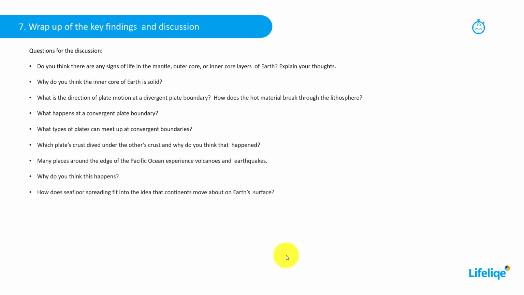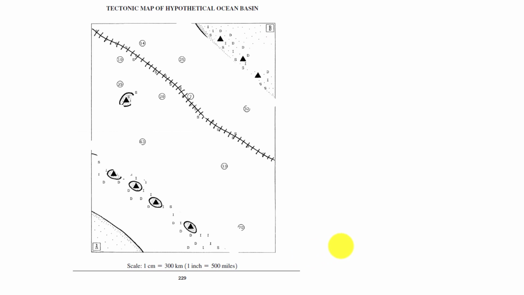These are more thinking questions, and they are here for your study review. You can find these PowerPoint slides on Canvas, and I would suggest using those as review in addition to your lab book. Okay, just a little bit of guidance for you on page 229 in your lab book. So I want you to make sure that you read the introduction and use the key that goes with this